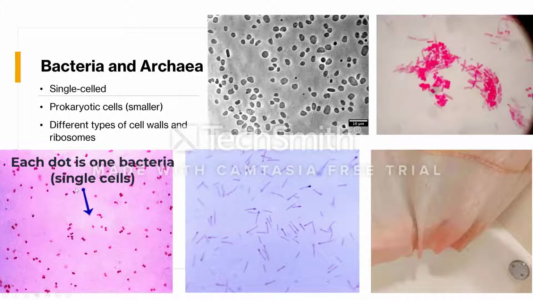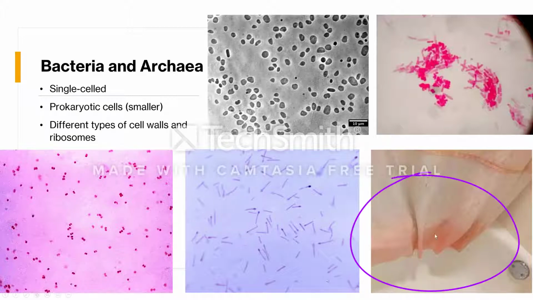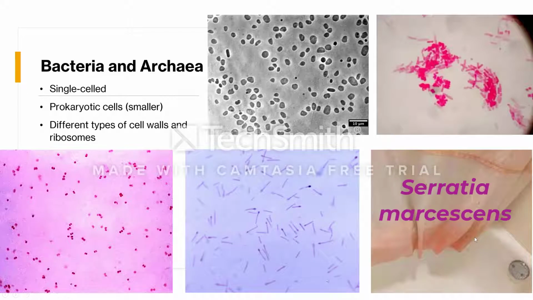So bacteria, usually under a microscope, are going to look like either little circles or rod shapes, and they'll look really, really tiny. So usually when you're studying bacteria, you can't study them just visually. They are single-celled. Each bacterium is one cell, made of the smaller type of cells called prokaryotic cells. This pink scum that you might have seen on a shower curtain or in the bath at some point is actually caused by a particular bacteria called Serratia marcescens,